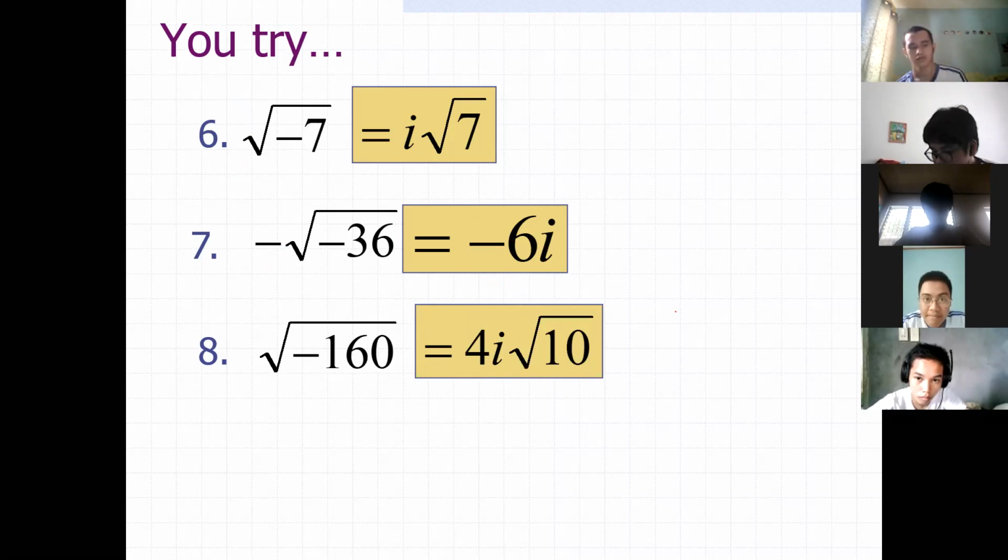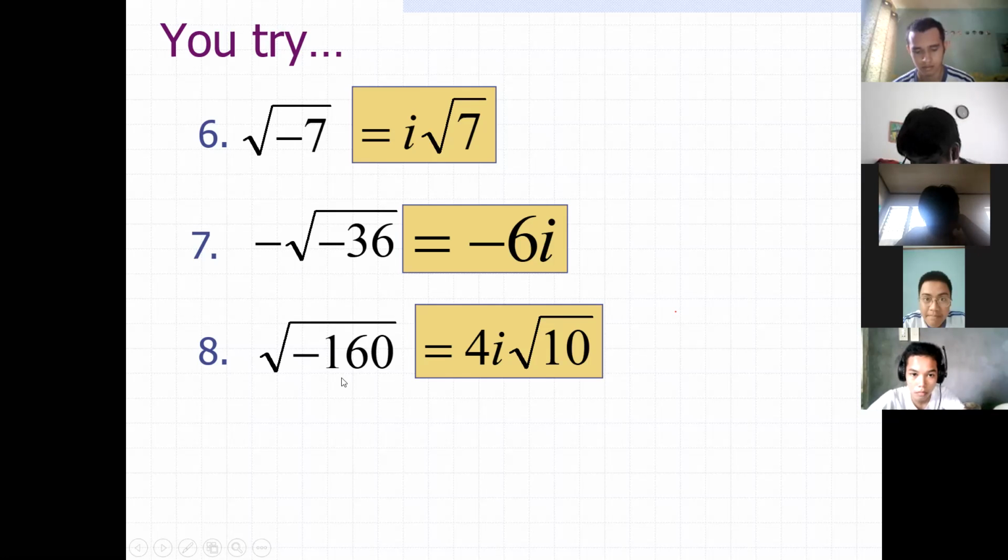Then again, however easy the lesson is, it will be hard as long as you treat it differently from the way we have explained it. The negative sign in number 7 goes with the radical sign, with the whole value of your radical. But if the negative sign is inside of the radical, then rest assured the square root of that negative 1 is equal to i.